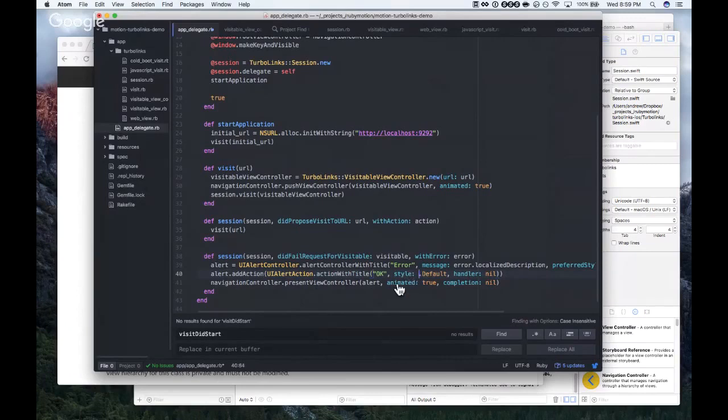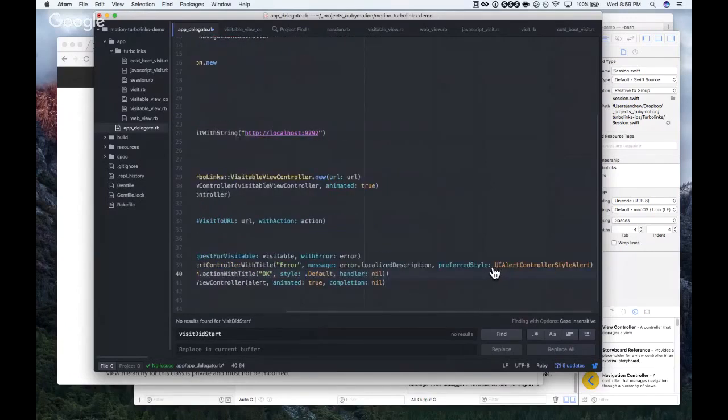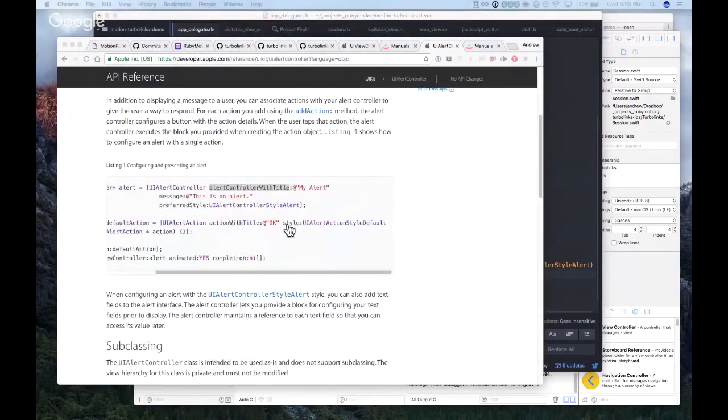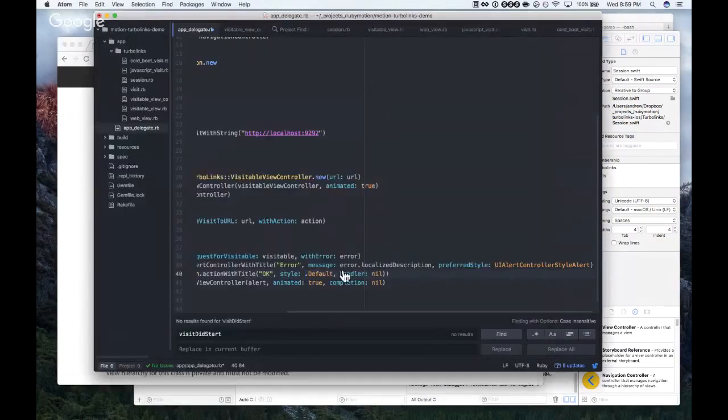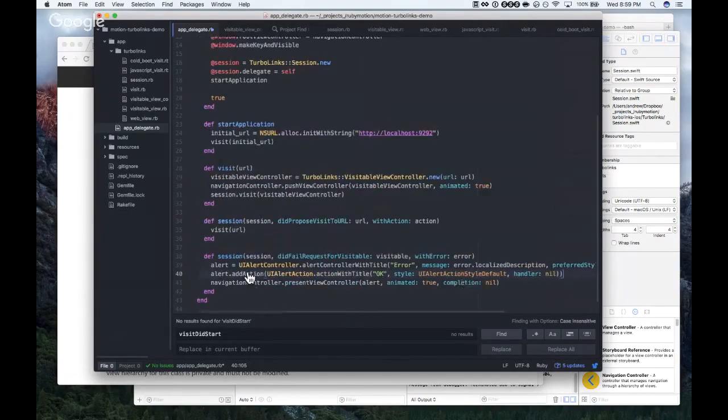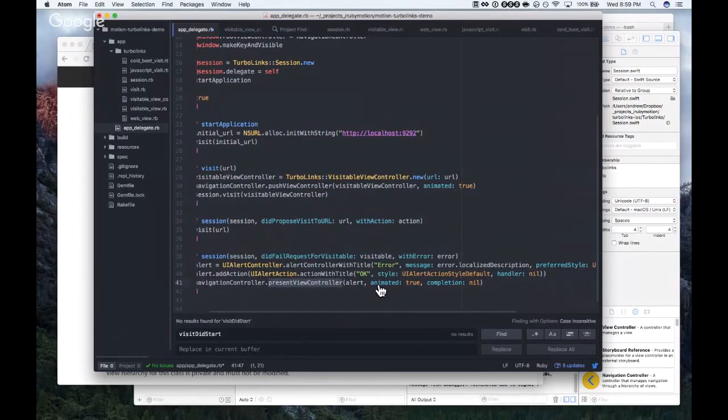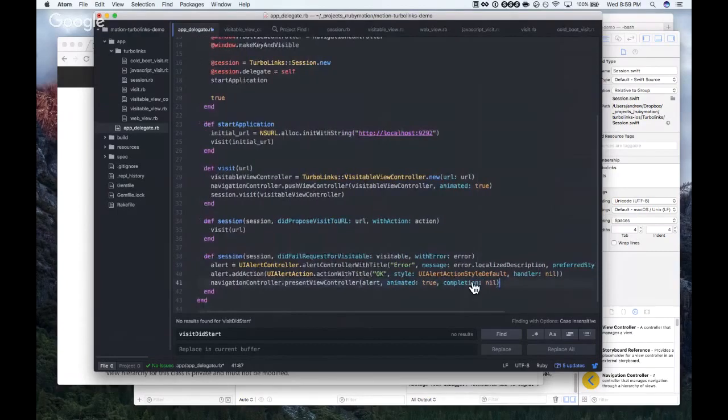Okay, style. UI alert action style default. Handler nil. That's fine. Navigation controller. Present view controller alert. Animated true completion nil. Okay, that should all work.